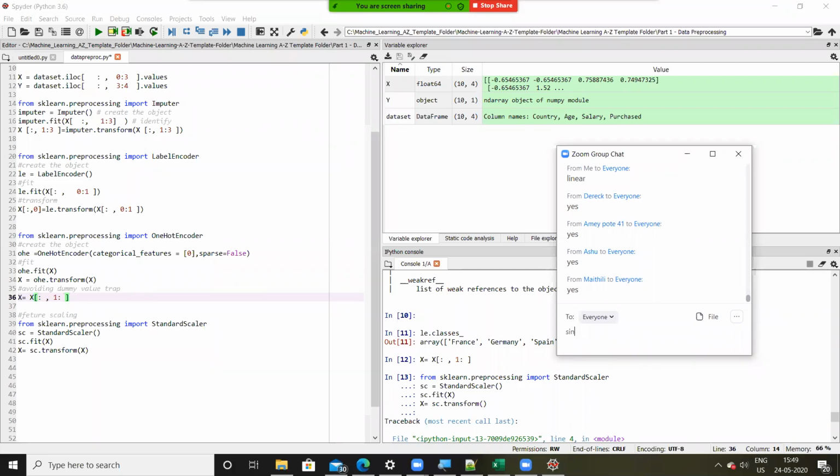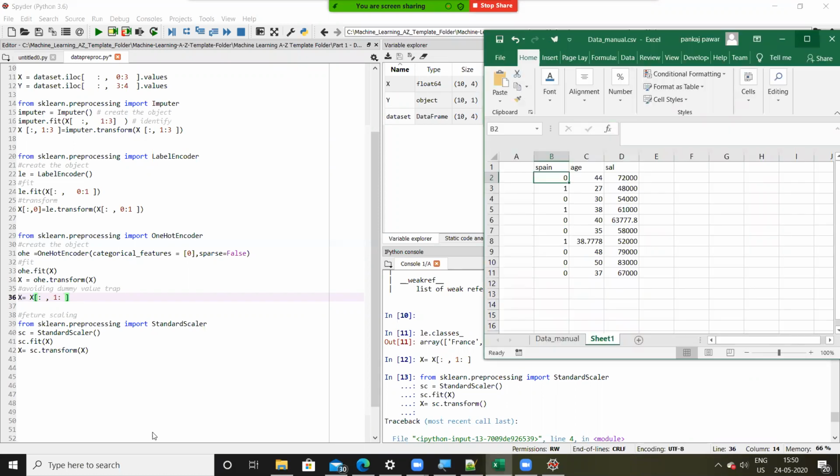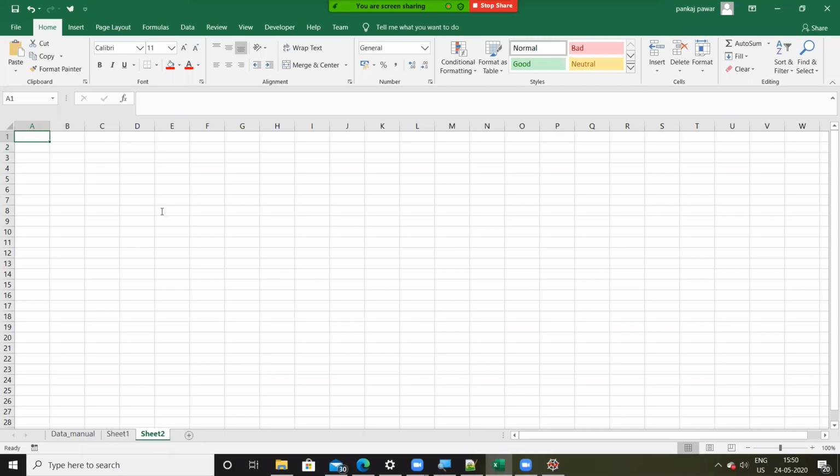Simple is because there is only one input, one output. Linear is because there is an assumption here that the input and output are linearly dependent. And regression because we are trying to predict a number. Now this relationship between input and output is given by a mathematical formula called y = mx + c.